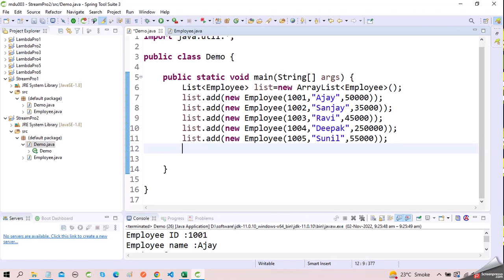So for this purpose, we can store all the elements in a list. So we can create another list. Suppose we want to store only basic salary. So basic salary is of type double. Declare here double basic is equal to the list, list dot